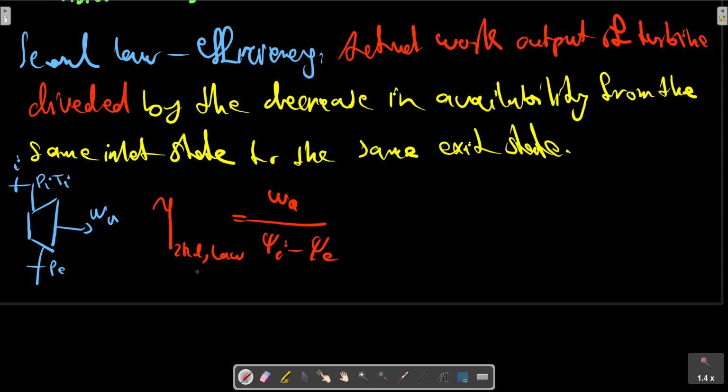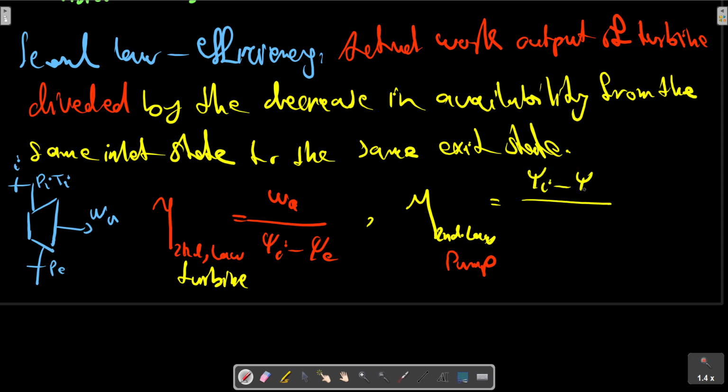It is this for a turbine and this for a pump, and for the device